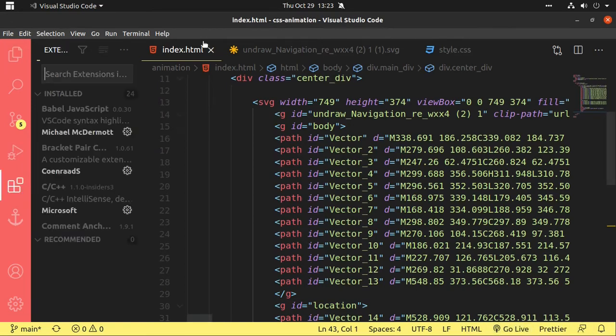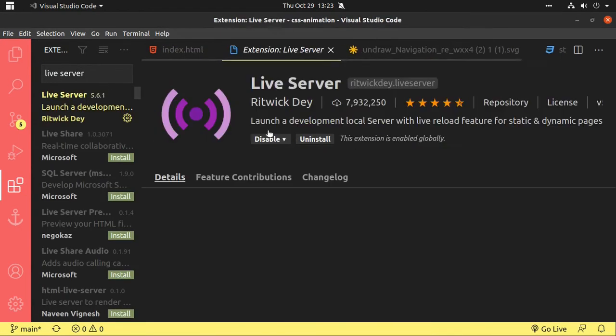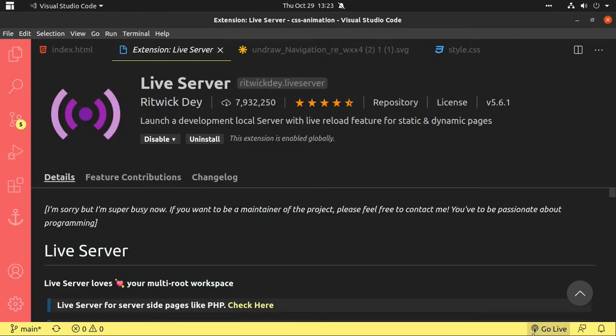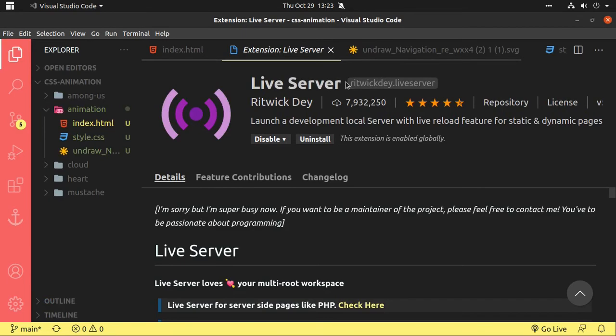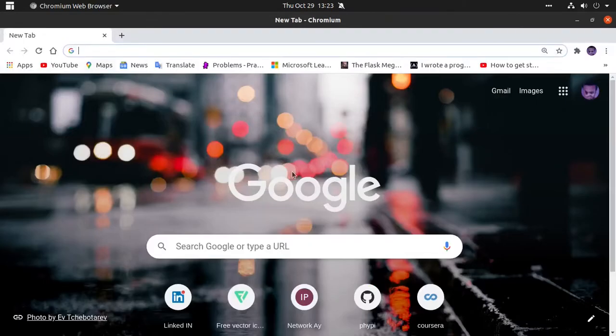Click on live server. This is an extension on VS Code. Just click on live server, and you can see it here. I already installed it. You can install it from here. If it is not installed, the install button is shown here. You can just click on it, install it, and then go for this. Now back to work. Just click on go live,